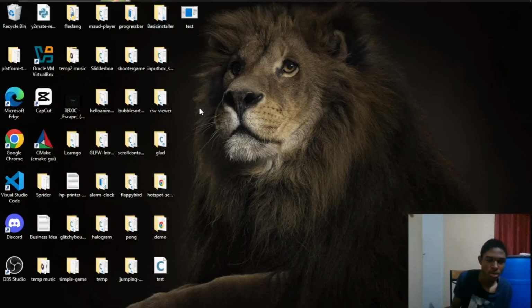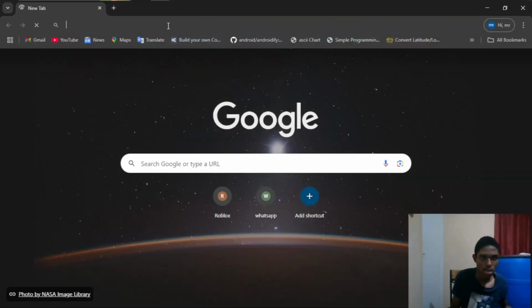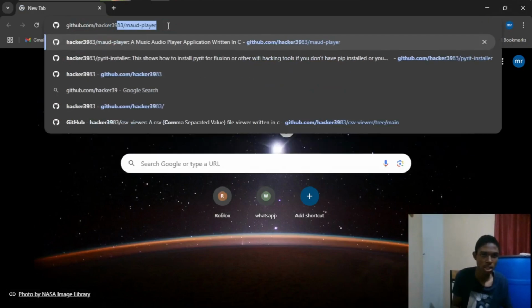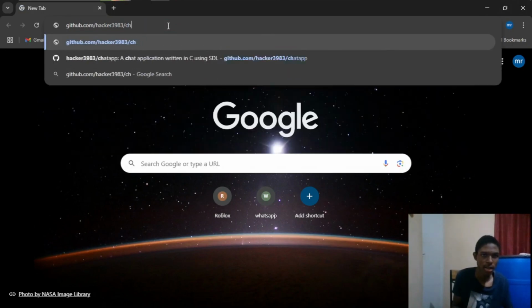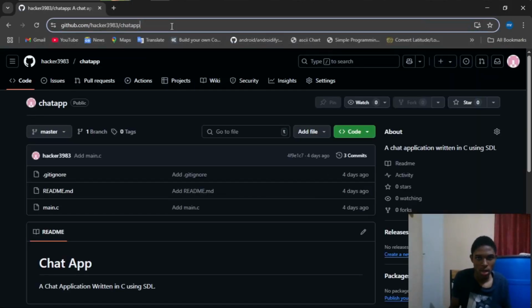So guys, I'm gonna be working on a Windows environment, but you guys can do the same code on Linux or whatever system you are on. So I'm gonna navigate to my Git repository, which is on github.com/hacker3983. I'm gonna copy this repository link,